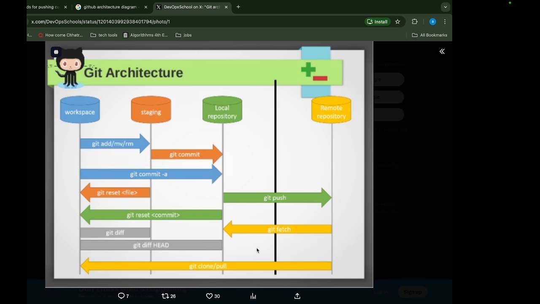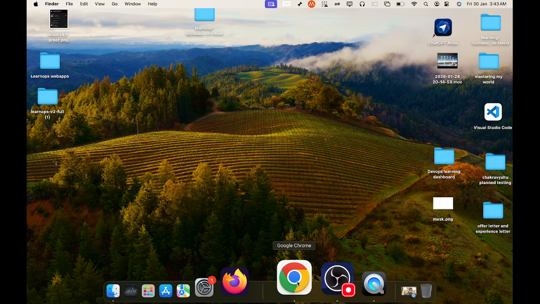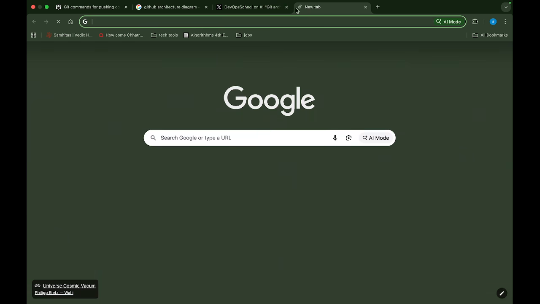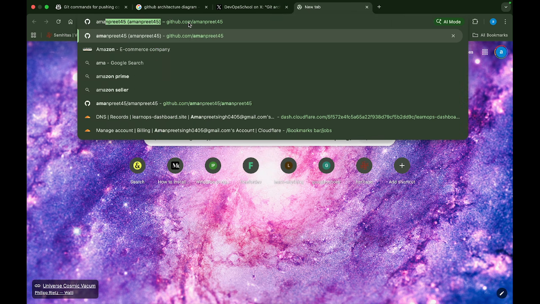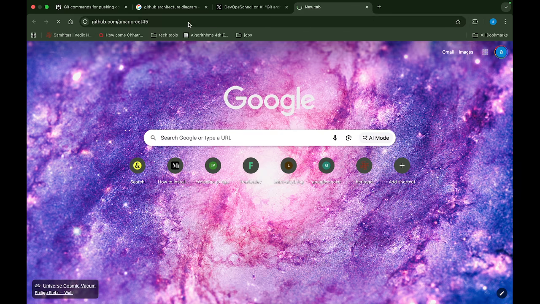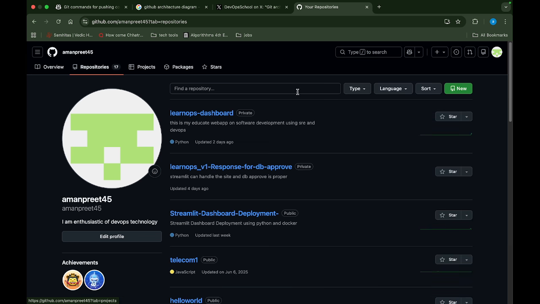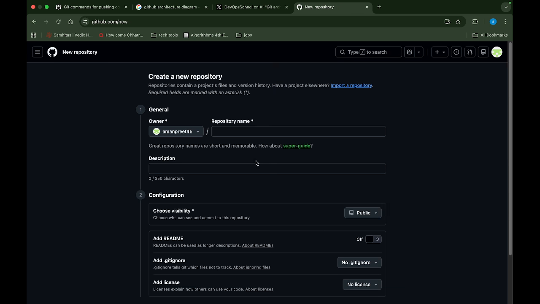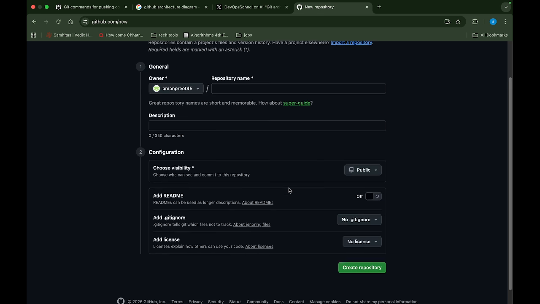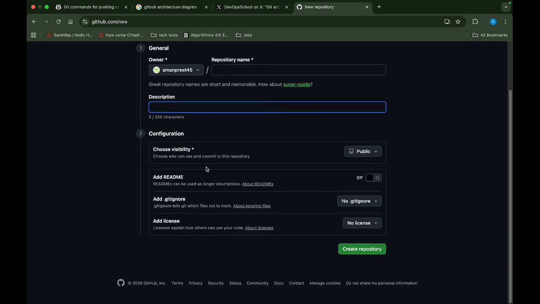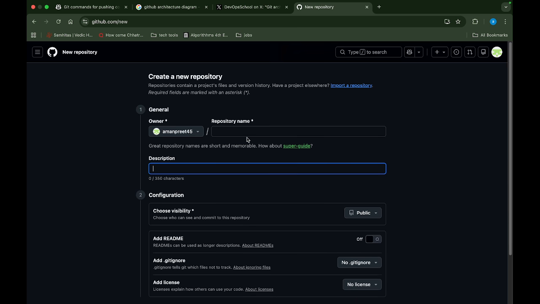So right now I'm going to show you my GitHub. This is one repo. Here you can go to repositories and create a new one, and this is where you give the repo name and the description, and you can create it. I don't want to create it now